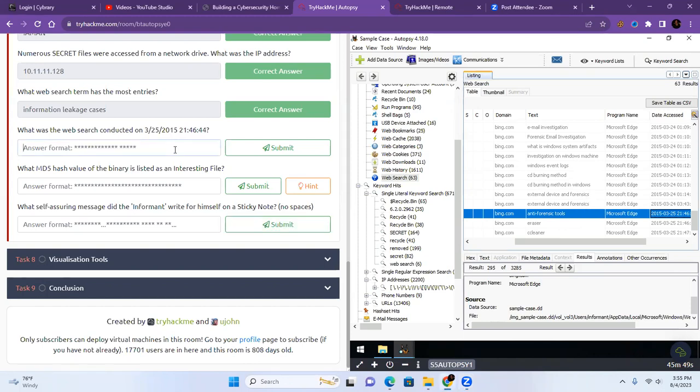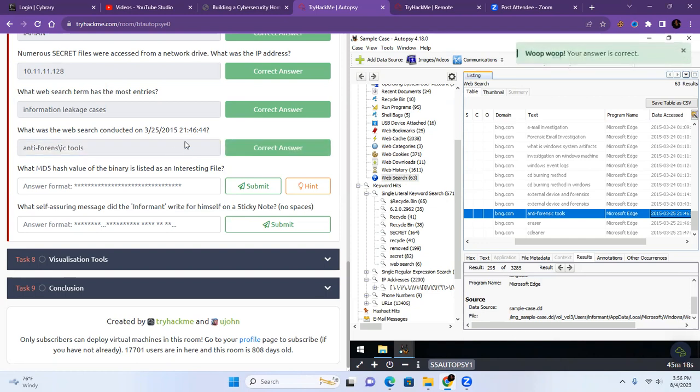Let's try this: anti-forensic tools. That's a misspell on the